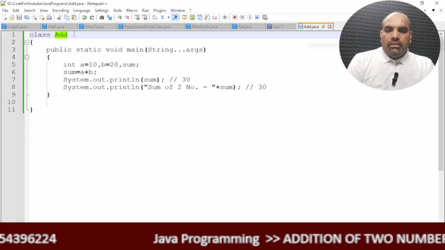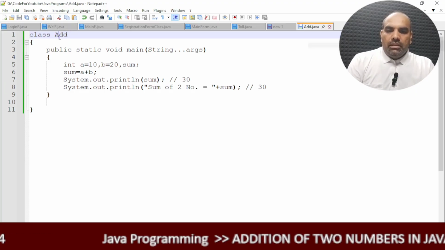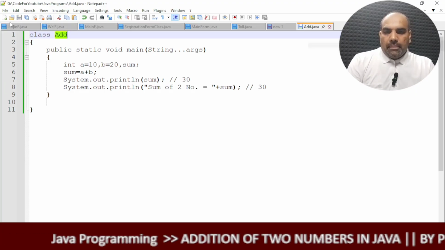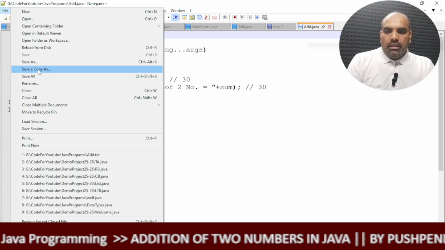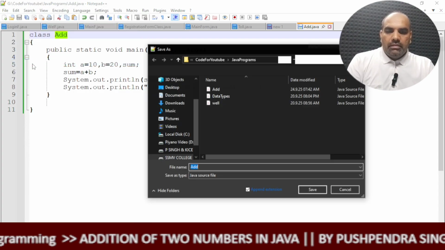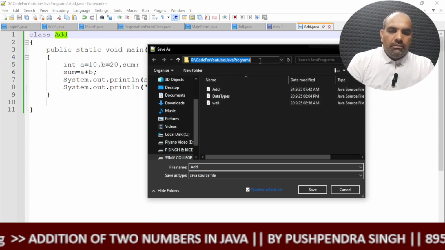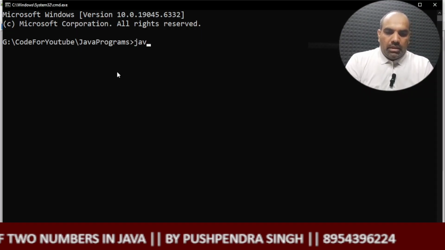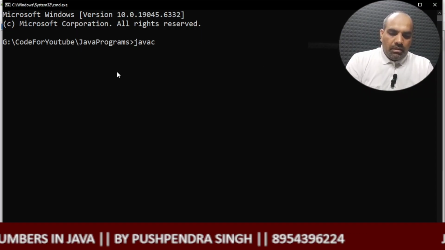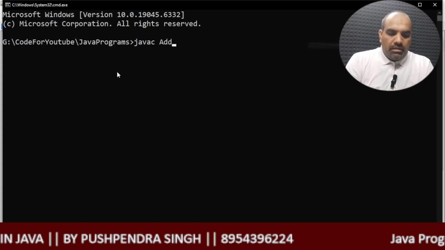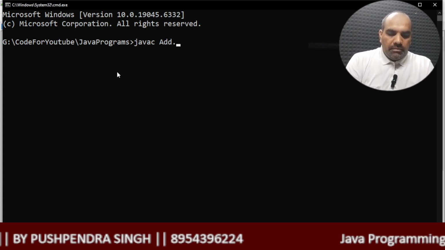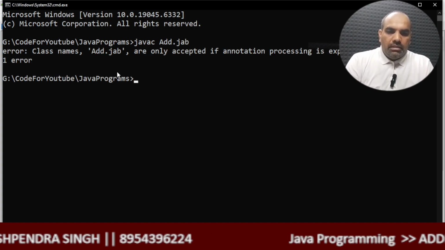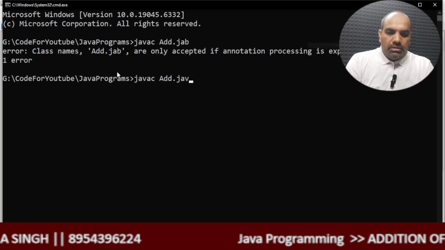After that, if we want to compile this program, firstly we copy the class name, and we click on save as. Then by the help of command prompt, javac is the Java compiler, and paste that copy from there. The .java is an extension, but it is wrong, so javac.